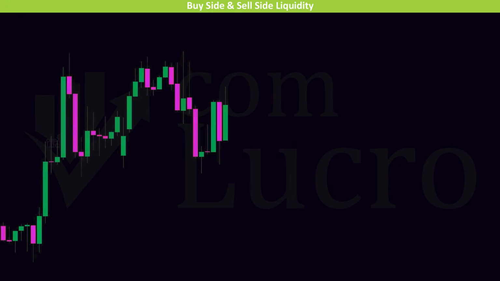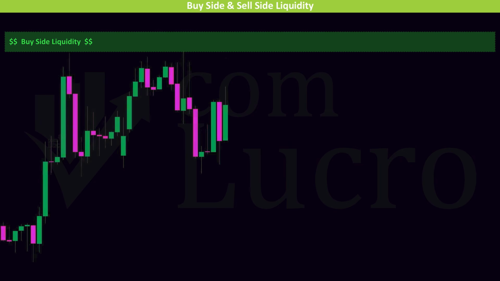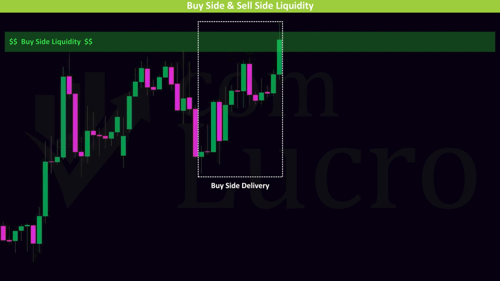So, liquidity above a high or above a group of highs represents buy-side liquidity. When price approaches this level, bearish traders may enter short positions, or they may protect short positions they already opened. On the other side, breakout traders may enter long positions if price breaks through that level. The sudden move created to take this liquidity is called buy-side delivery. Price runs higher to engage the liquidity resting above those equal highs. In this situation, algorithmic price delivery can trap traders on both sides by engaging liquidity before smart money takes control